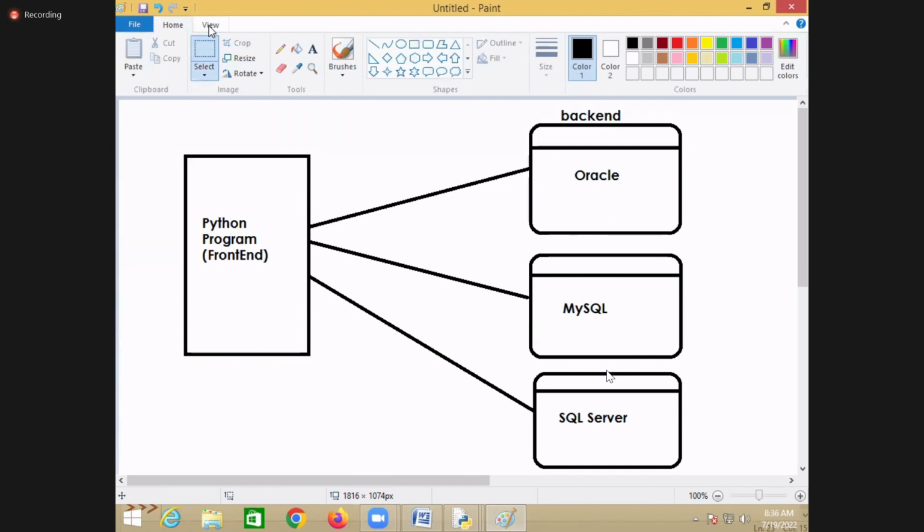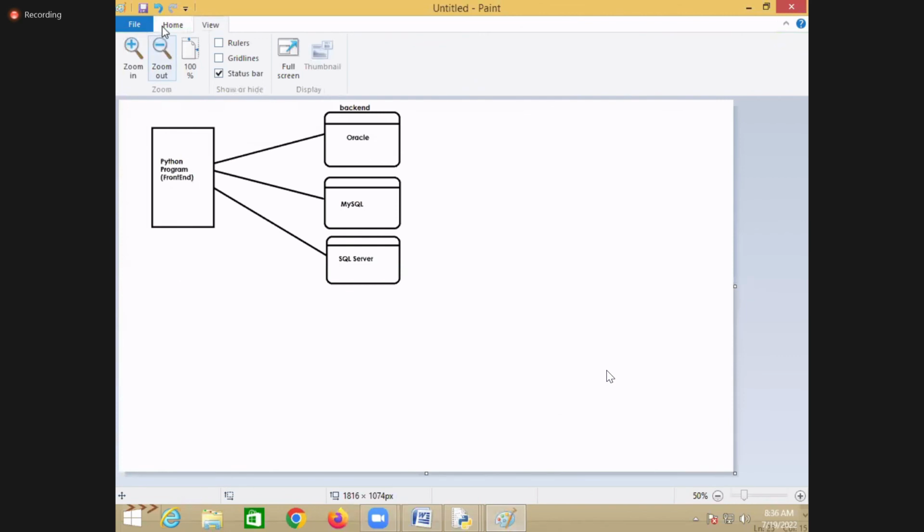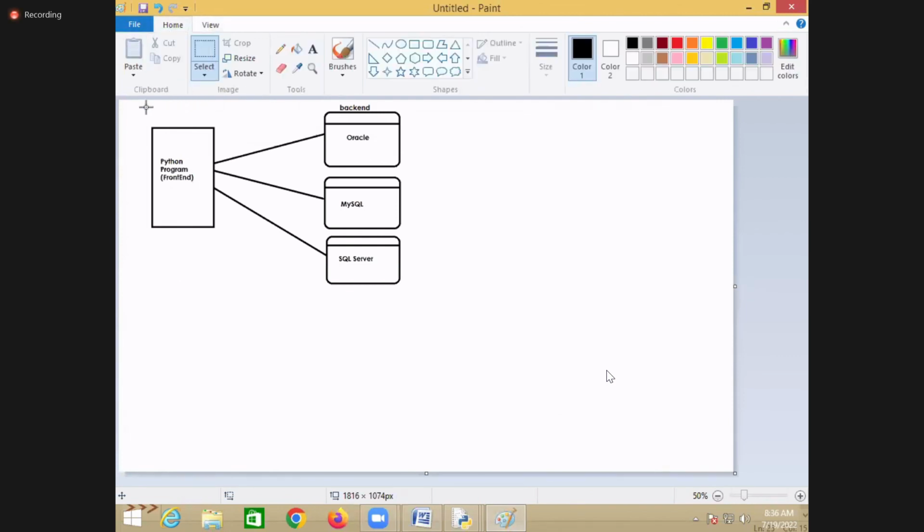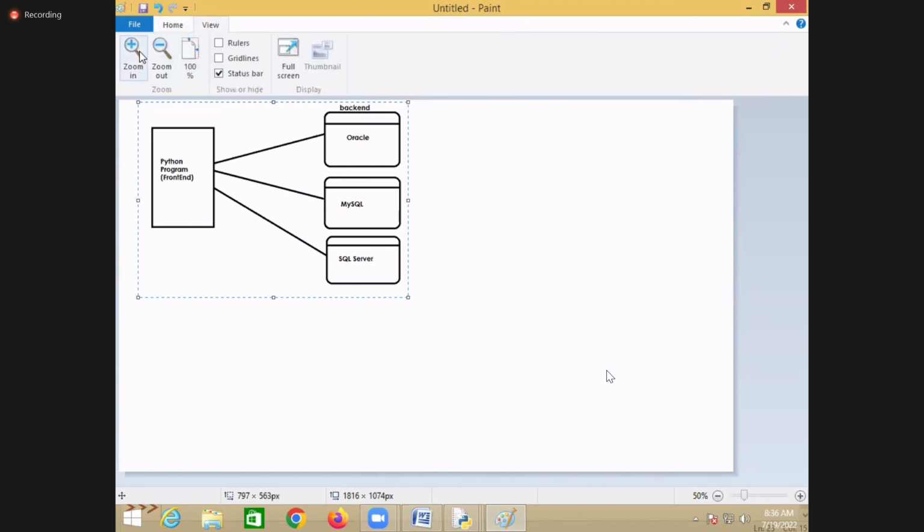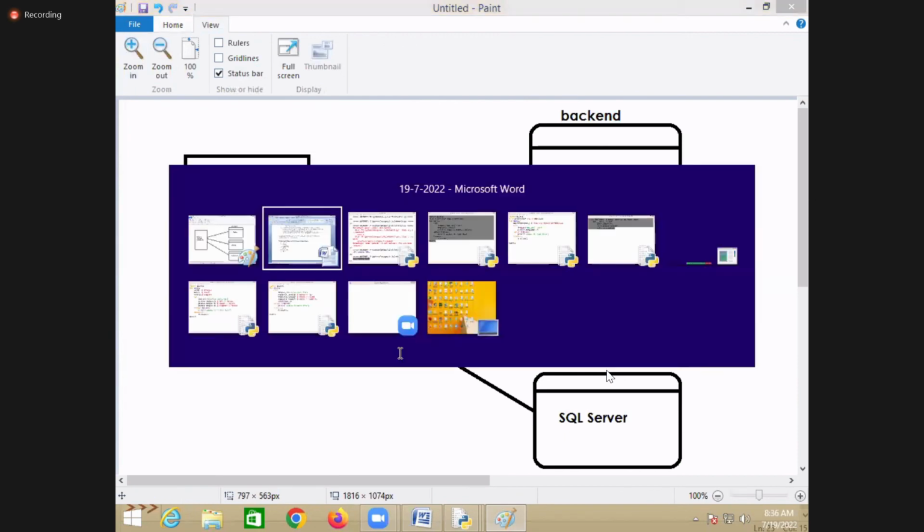So what you have to do is, in your system you have to install one database.